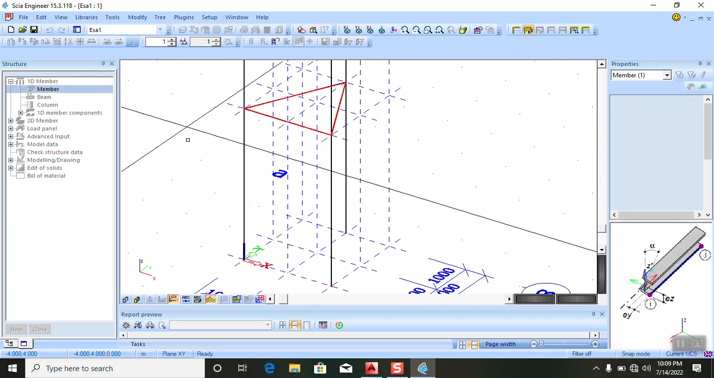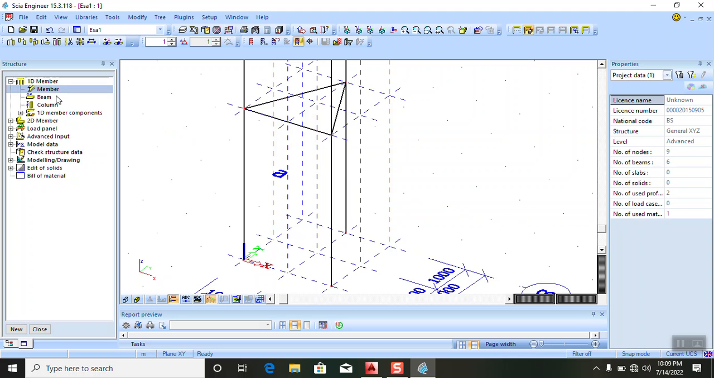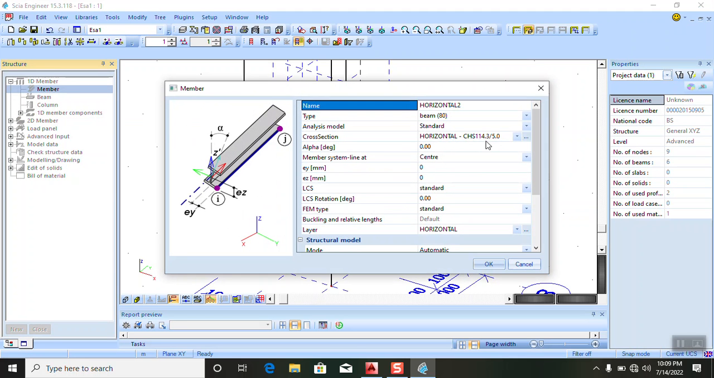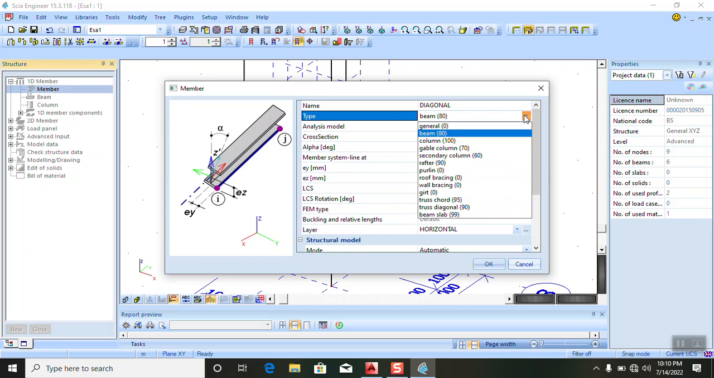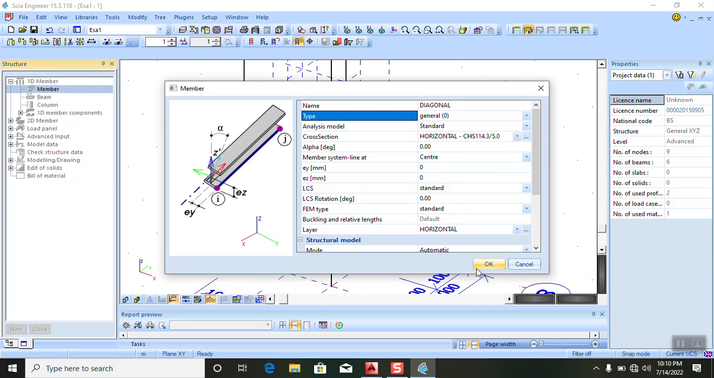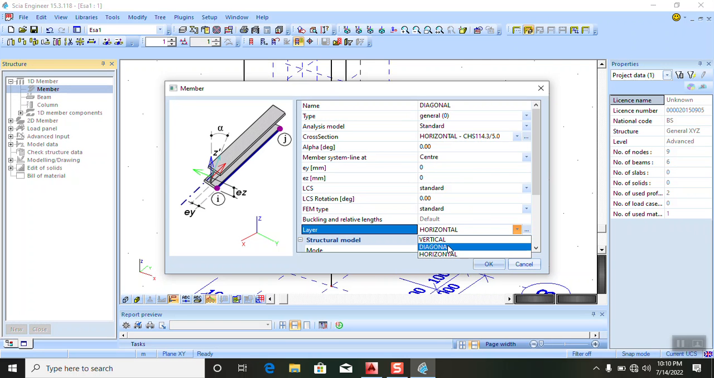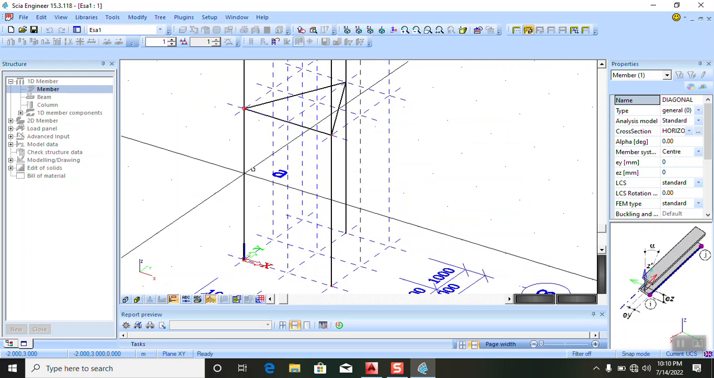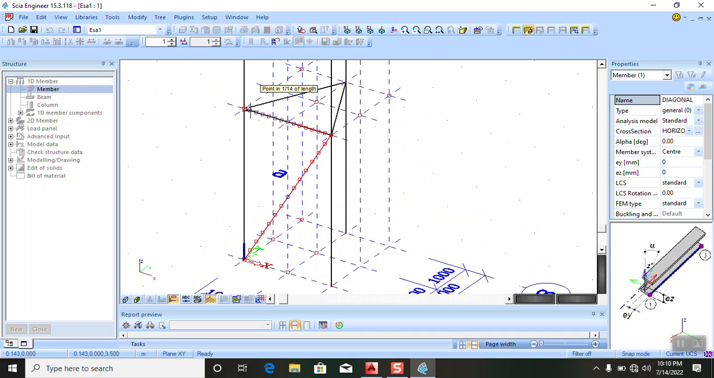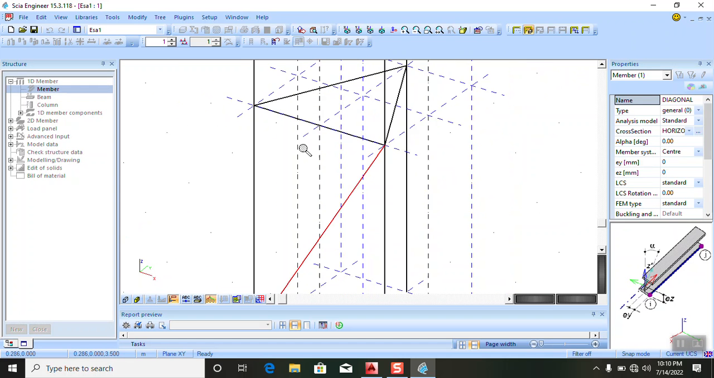Then we escape, we are modeling, then we go back to this. We have what we call the diagonal. The diagonal, the horizontal, we did it under beam. So the diagonal is supposed to be general, and then the layers for the diagonal, then we click OK. So we pick from here to here, and from this intersection